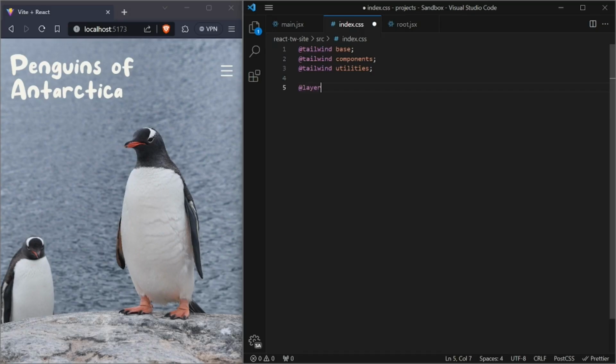To target our elements, we first use the @layer syntax and target our desired layer, which in this case, is the base. Inside of the body, we can add our normal CSS as usual. However, if we want to utilize Tailwind CSS classes, then we need to use the @apply declarative to enable that usage, or otherwise they won't be applied, so let's add that. Okay,